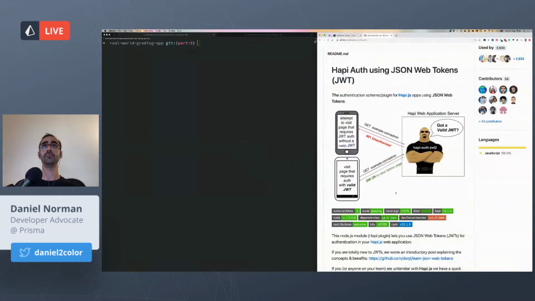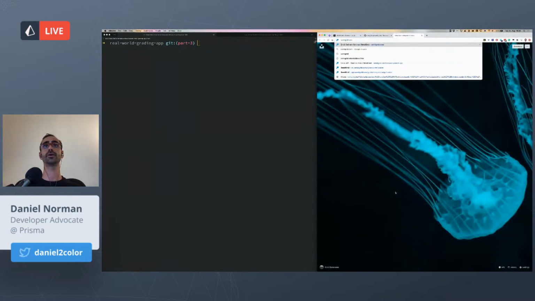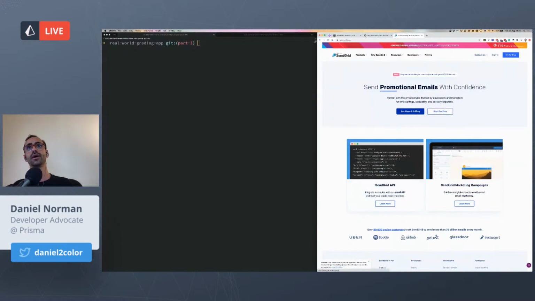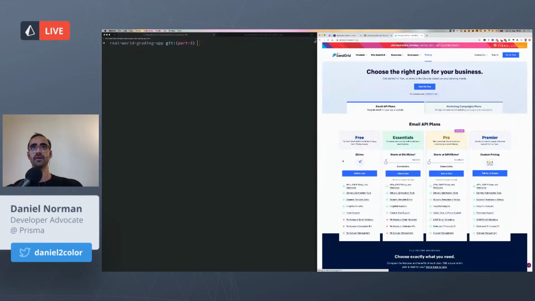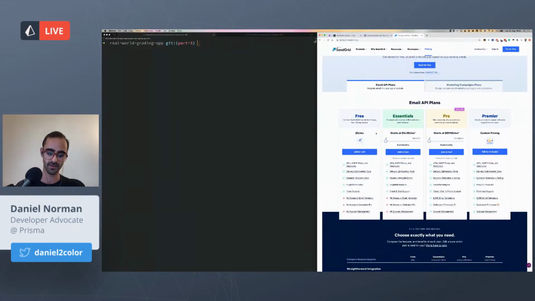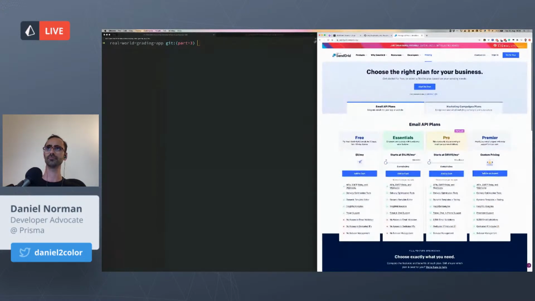SendGrid is an email service that has a really nice API, and it also has a free plan that allows you to send up to 100 emails a day. It's really simple to send emails. You have this promise-based API, and once you sign up,